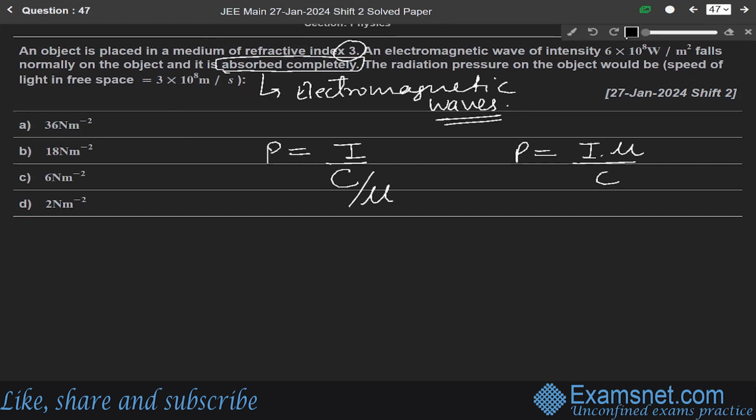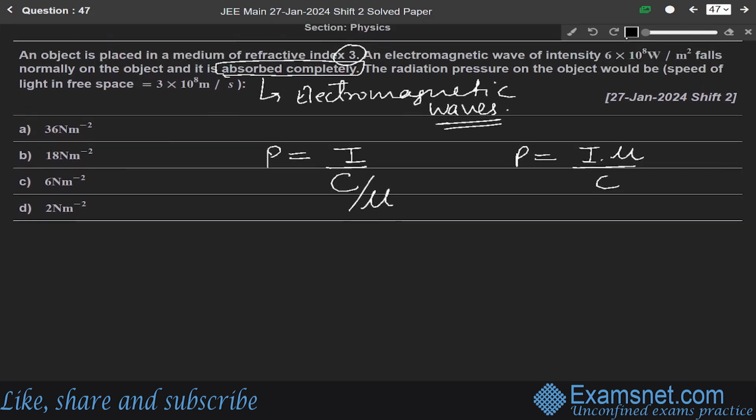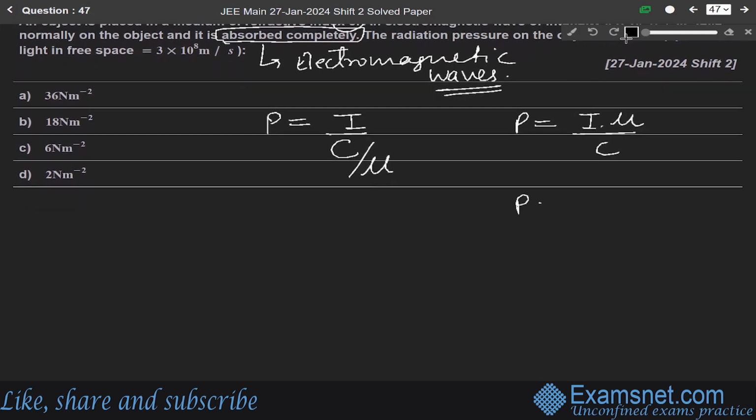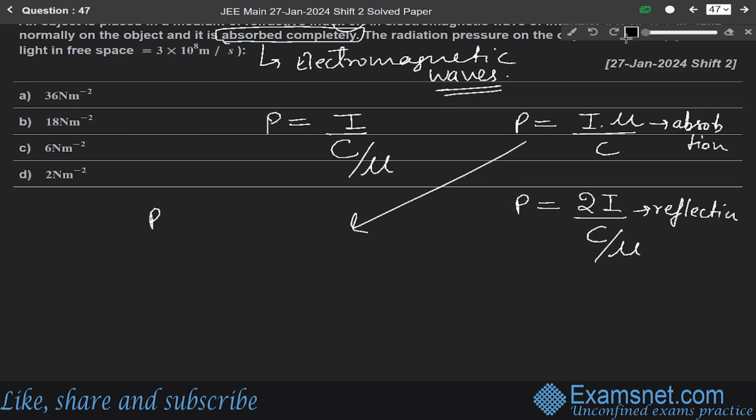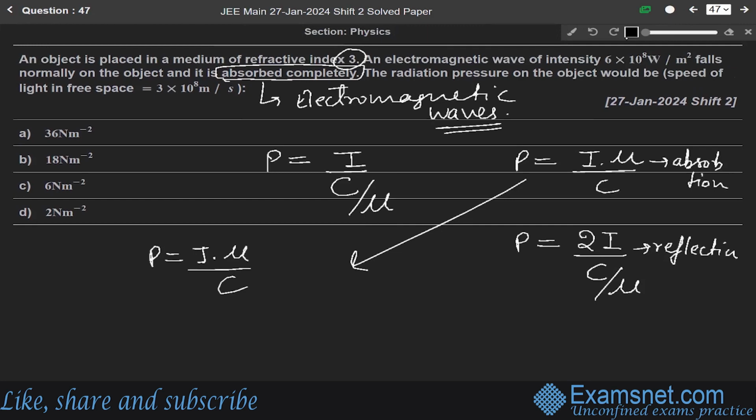If the question is asked about complete reflection, then for that we will use the formula 2I over C upon mu. This is for absorption, and this is if it is asked about reflection, so we will use 2I over C by mu. Since we are using here the formula P equals I mu over C, now putting the values, I is